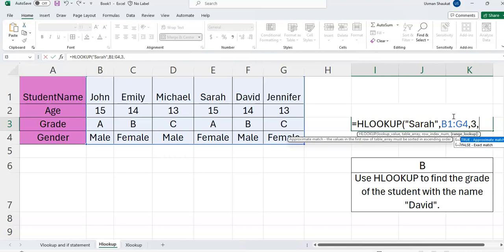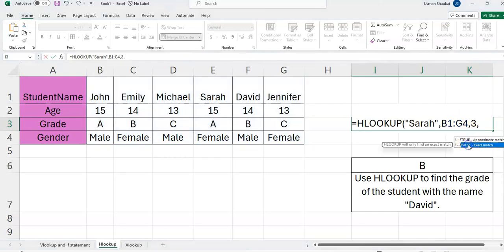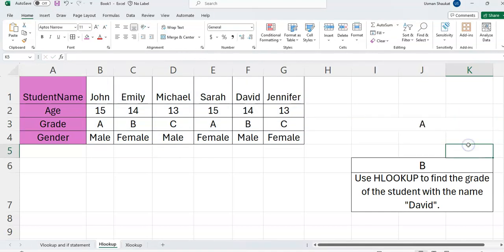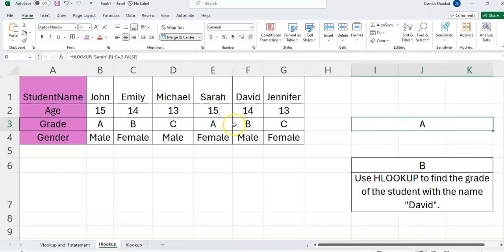Okay, comma, and again we want a false. Okay, and it gives A. I double clicked it by mistake, but look, Sarah got an A. Okay, again, these are very small examples. Make sure you remember that